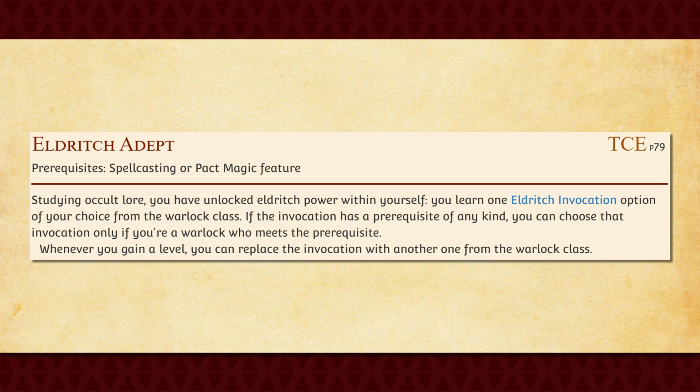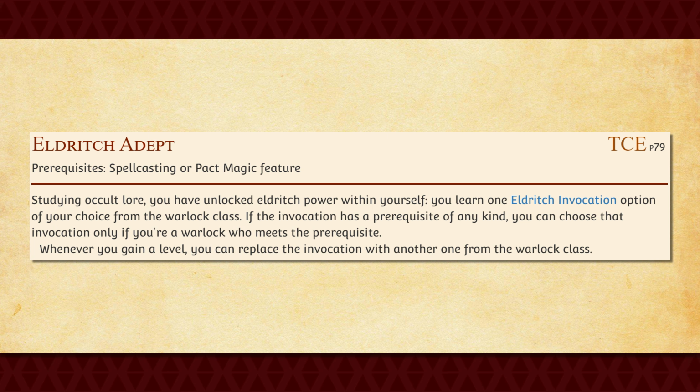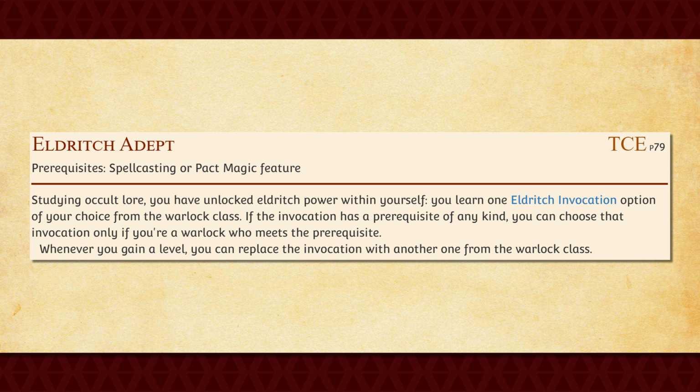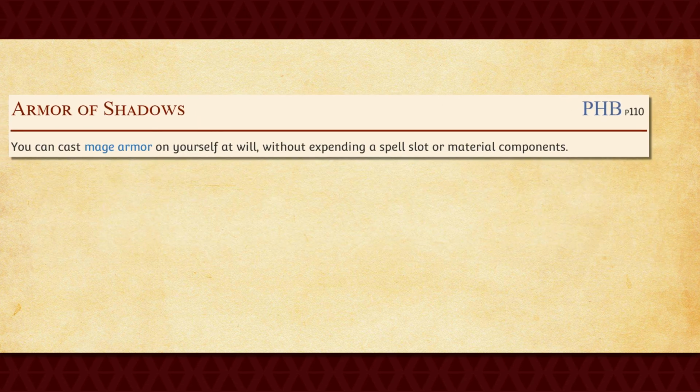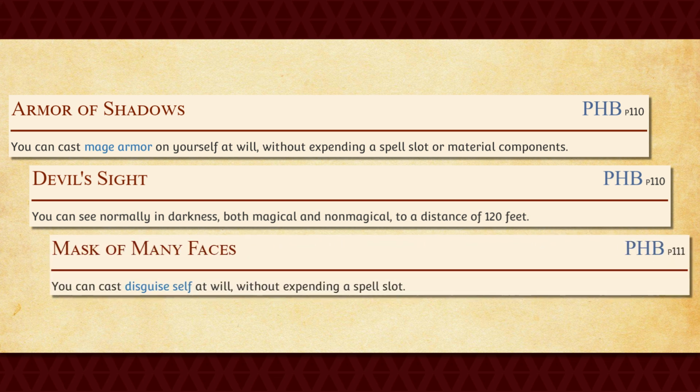Again, just wow! So basically, this feat just allows you to gain any Eldritch Invocation without actually needing to sacrifice an entire 2 levels into multiclassing Warlock. That is just insane. Sure, the limitation of it lacking a prerequisite is pretty harsh, but there are still plenty of useful invocations that you could take, like Armor of Shadows, Devil's Sight, or Mask of Many Faces, just to